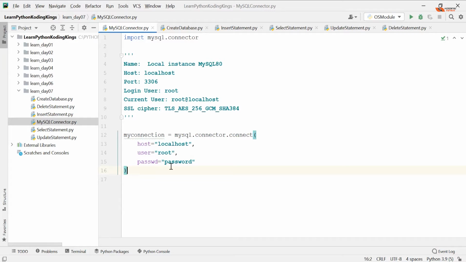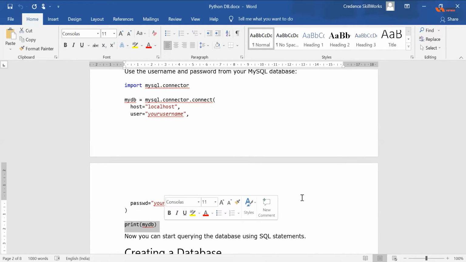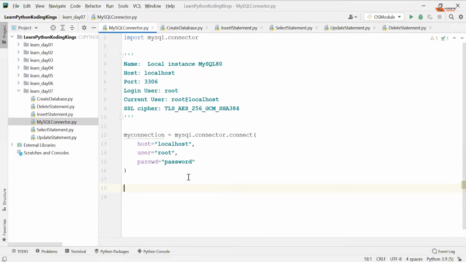The cursor object helps you to connect to MySQL. How? So let's do that. As of now, we are just printing it. If you see how you make a cursor, you are just asking for the cursor object: myconnection.cursor. Cursor is an active interaction between your Python and the database. If you get the cursor, that means your connection is successful. So I'm going to print this cursor, my cursor. It doesn't have anything.